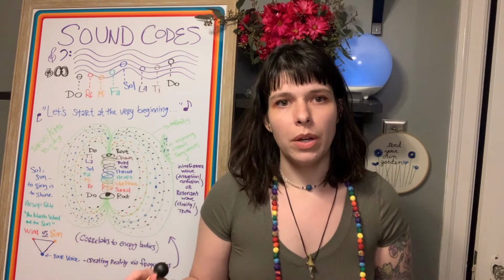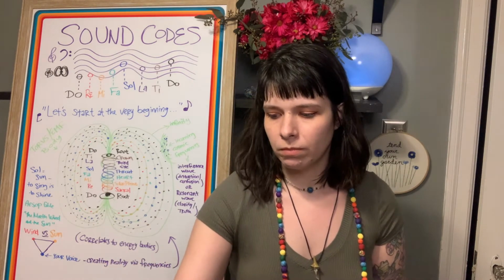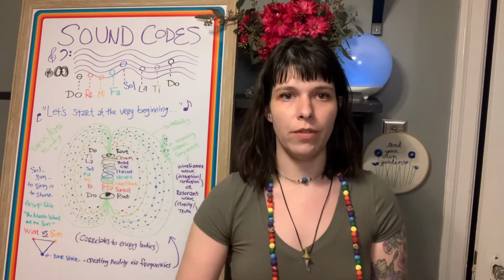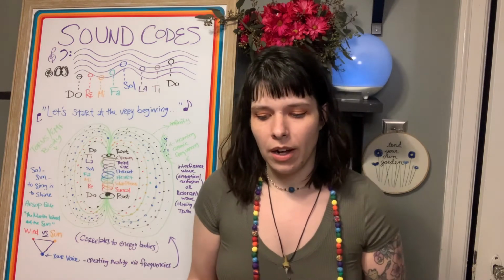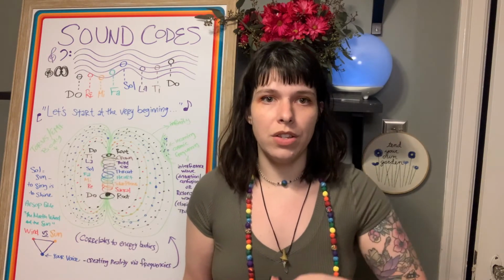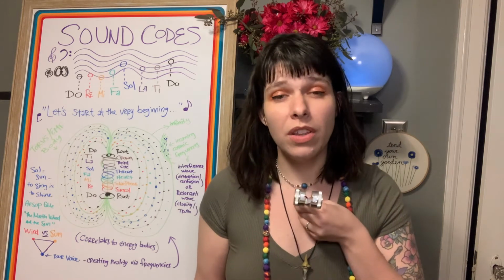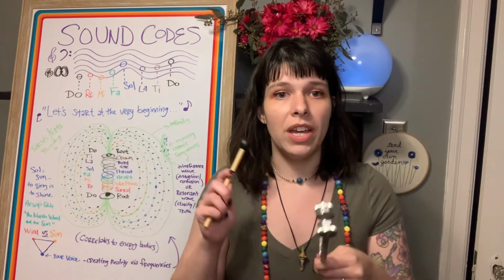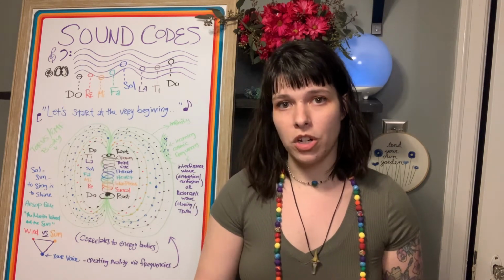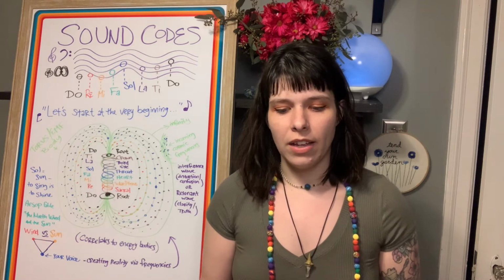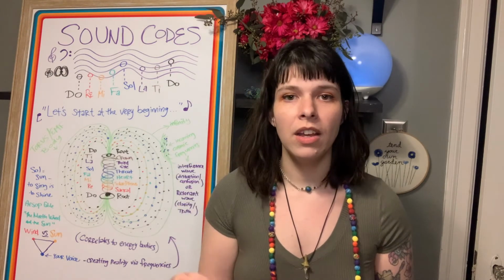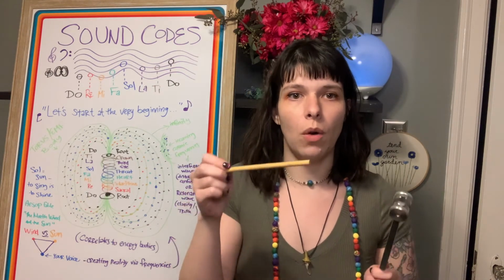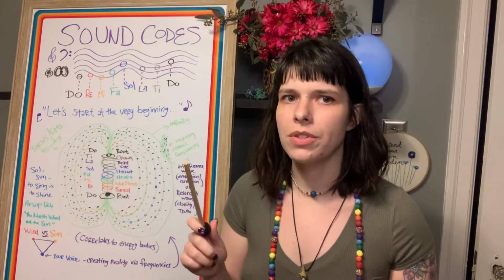If you were going to do it with a singing bowl, you just have to move it in front of your body. Make it work for you, right? However you feel like you want to do it. Since this is going to be do as you go up, if you're new to this, you might just want to hit do at the bottom chakra, your root chakra, and then just hang on to it until you get to your top do and then hit it again, just so that it doesn't confuse you when you're trying to go up the scales, up the notes of the scale.